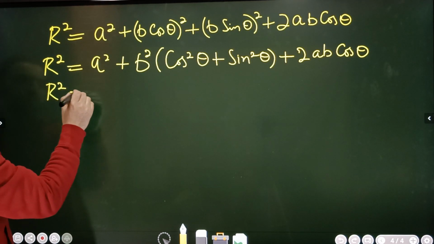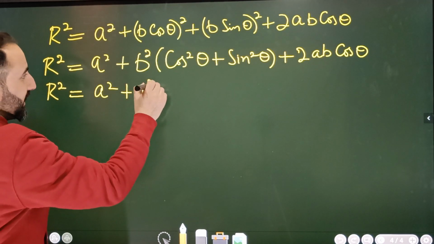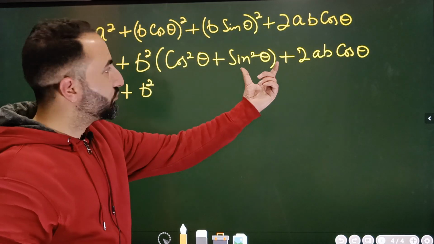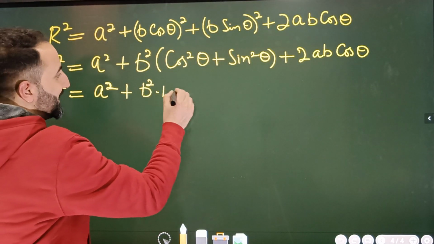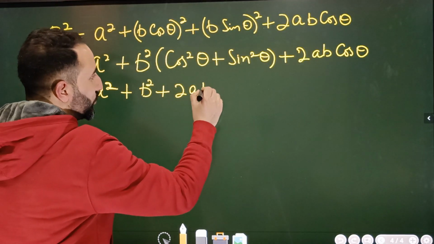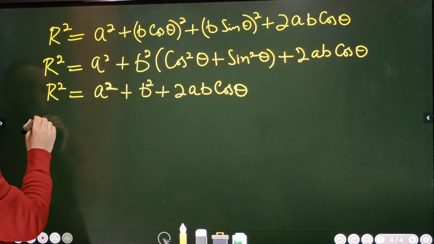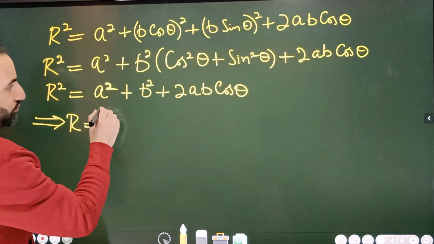So here we get A square plus B square, then B square multiplied by 1 is B square, plus 2 times AB multiplied by cos theta. Now the final shot is this: R is equal to the square root of